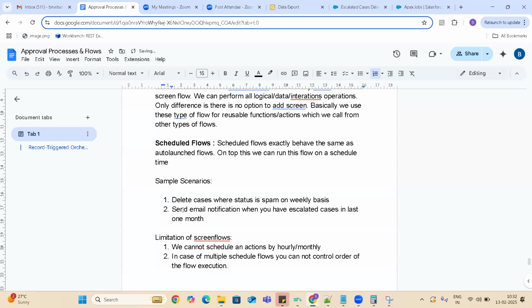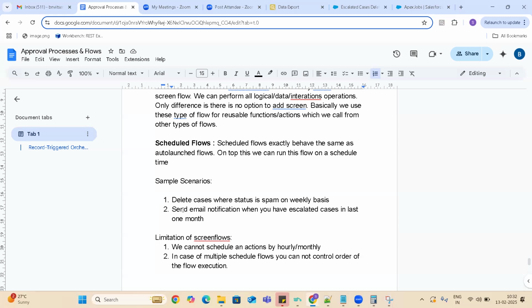For example, I have one scheduled flow which will delete the spam cases, another scheduled flow which will delete the spam accounts, and another which will delete the spam contacts. If I want to execute accounts first, contacts next, and then cases, or cases first and then contacts, and accounts last, such kind of ordering is not possible.